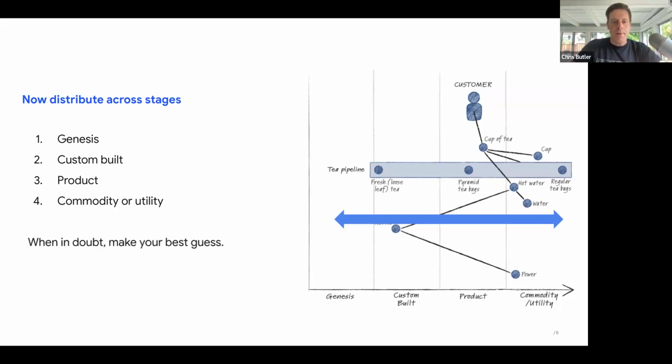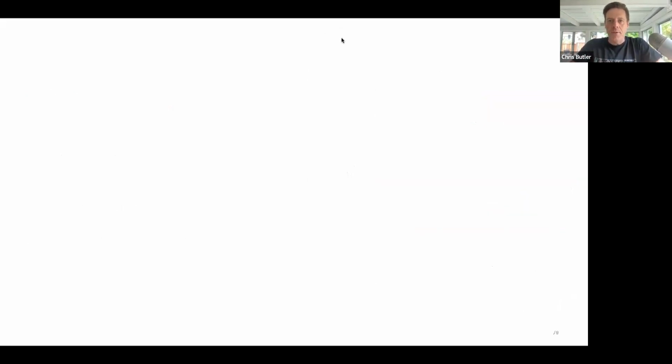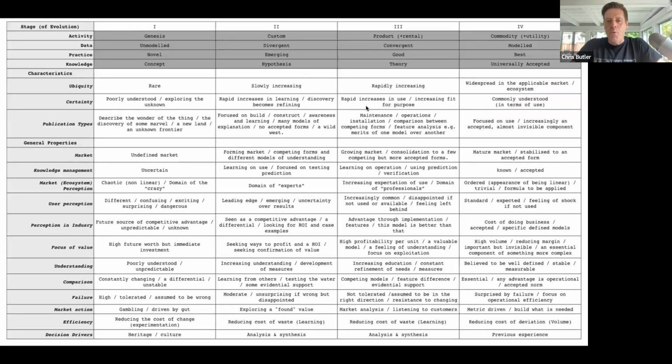So that's Wardley mapping. And just again, when in doubt, make your best guess here. There's no tried and true rule. There's definitely groupings and there's definitions that Simon has put together in these very complicated tables. And I can post these to people if they want them. But you just do your best effort in doing this, because again, there's no wrong map. There's just the map that you're building for this conversation, and that's the one that you should be doing. So I would just say, don't overly stress about getting it perfect within these different phases.